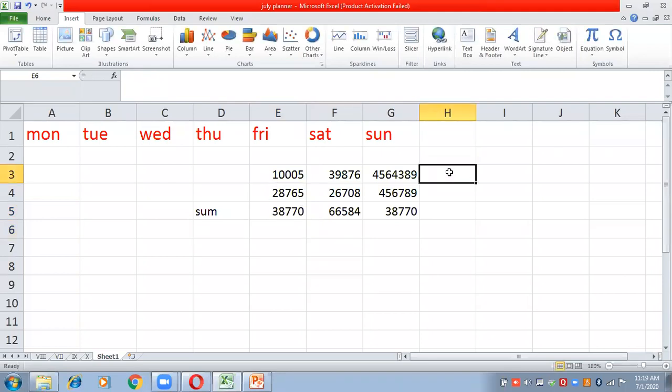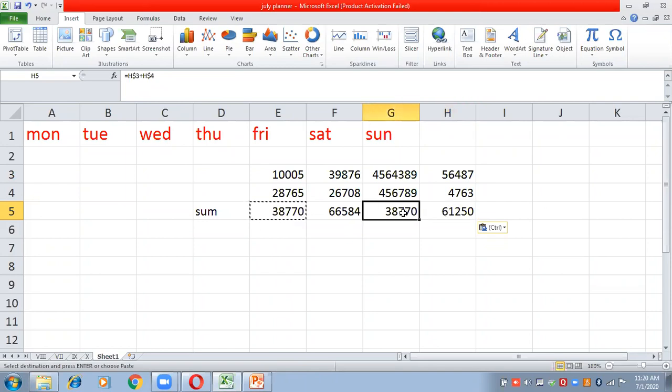First write a few other digits. Now I'm going to copy it, Control plus C, Control plus V. Now see what happens. Automatically it is calculating the new result. Why is it calculating the new result? Because the dollar sign was not there in front of E. It means if I copy this formula, automatically it will change to H. It will not remain E now.